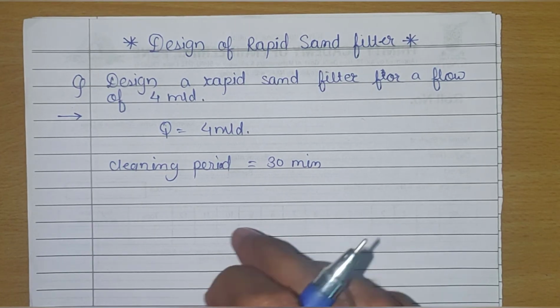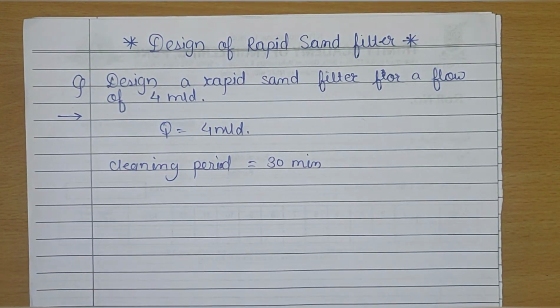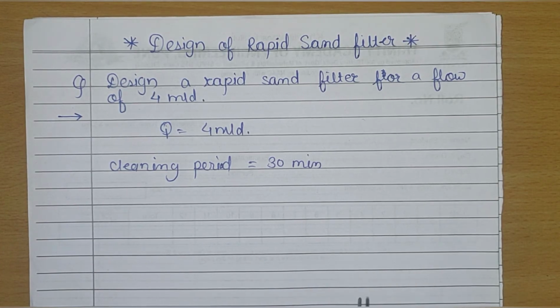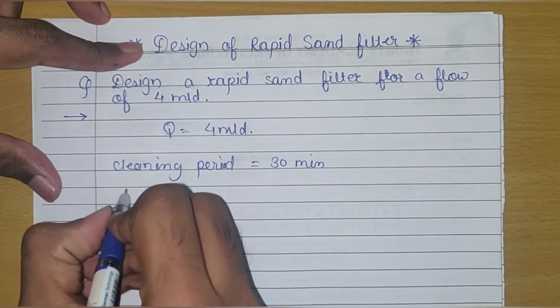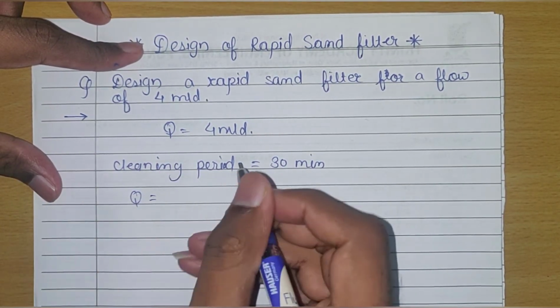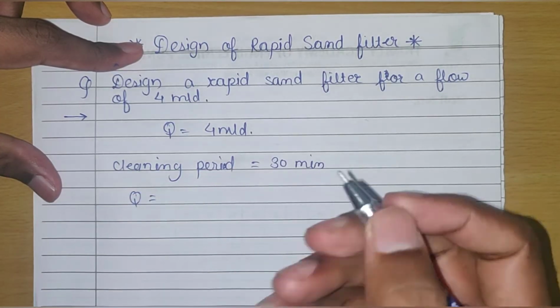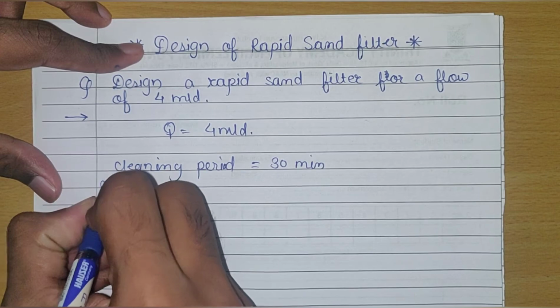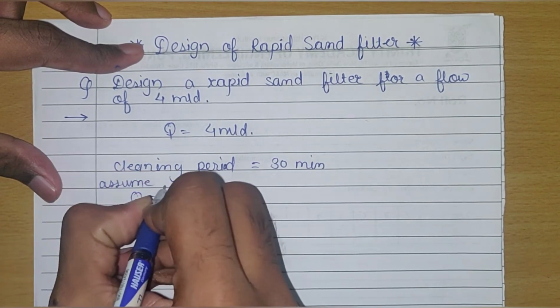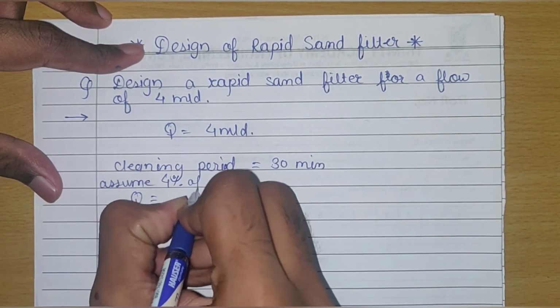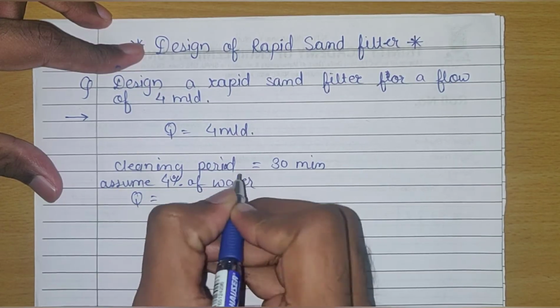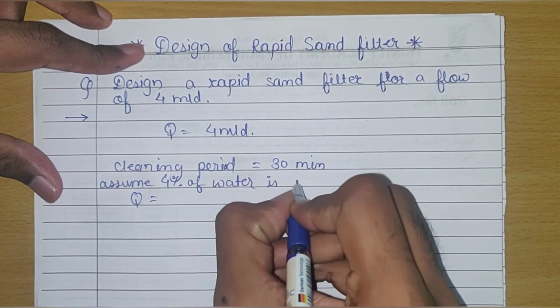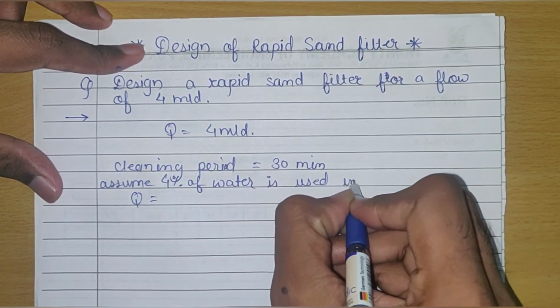So that's why the actual amount of water that has to be treated during the process of rapid sand filter is more by 4%. So the actual quantity of flow will be Q. Let's assume 4% of water is used in cleaning. So I will write here, assume 4% of water is used in